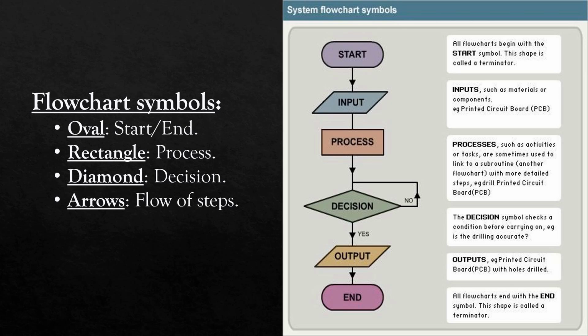The diamond represents a decision point. This is where you ask a question like, is the number greater than 10? The answer determines the next step. The arrow shows the flow of the process. It connects the symbols and indicates the order of the steps. The parallelogram represents input or output. For example, enter a number or display the result. A pro tip is to always use the correct symbols to make your flowchart clear and easy